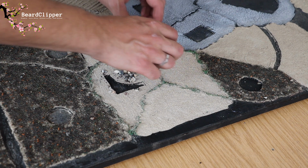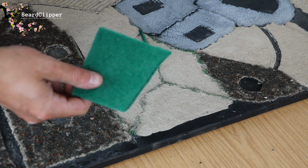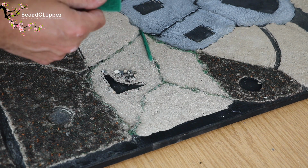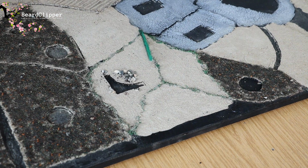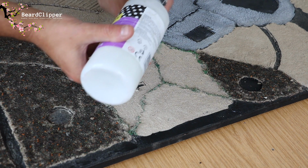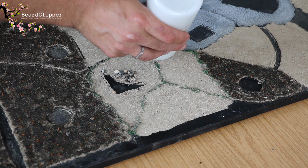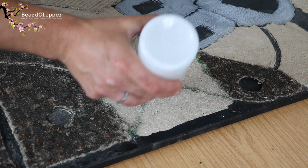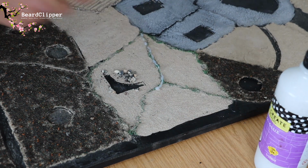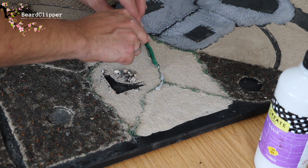So I'm now going to try a technique for hedges, making use of scrubbing brushes. These are the kind of pot scourers, I think they're called. And I think that's going to be quite a simple thing again to apply. What we'll be looking at doing is a bead of glue where we want it to go, and I'll just put it over the top of the existing attempt because frankly it's fine, I don't need to get rid of it. So I'll put a bit of a bead of glue across like so,